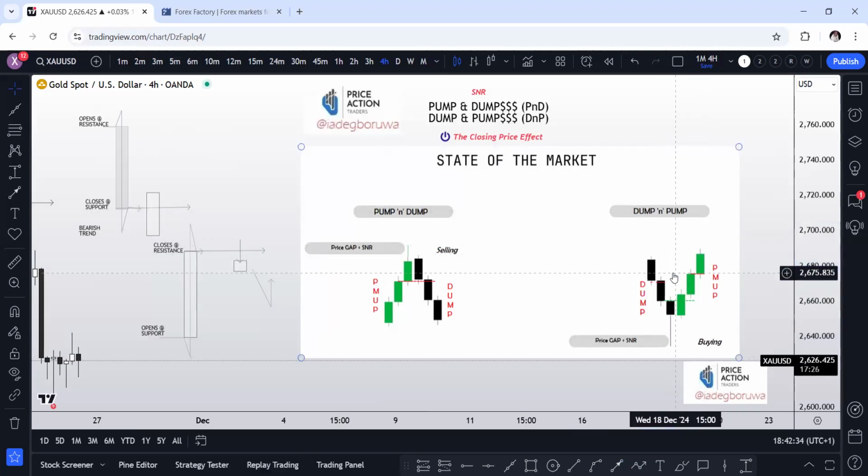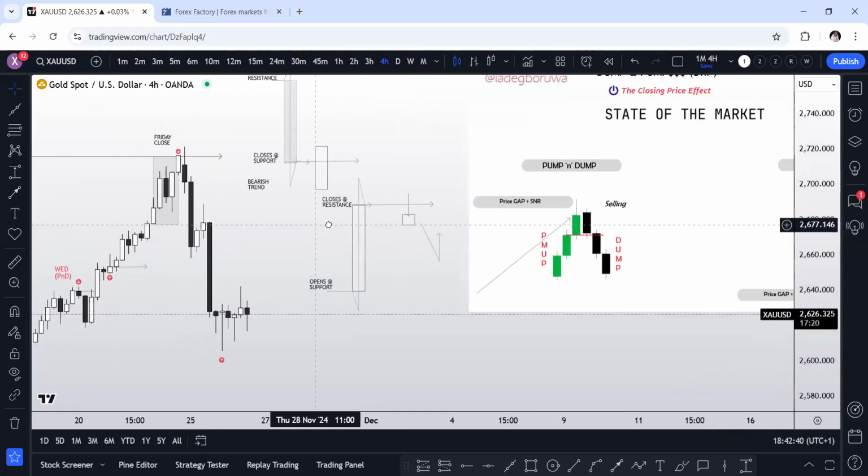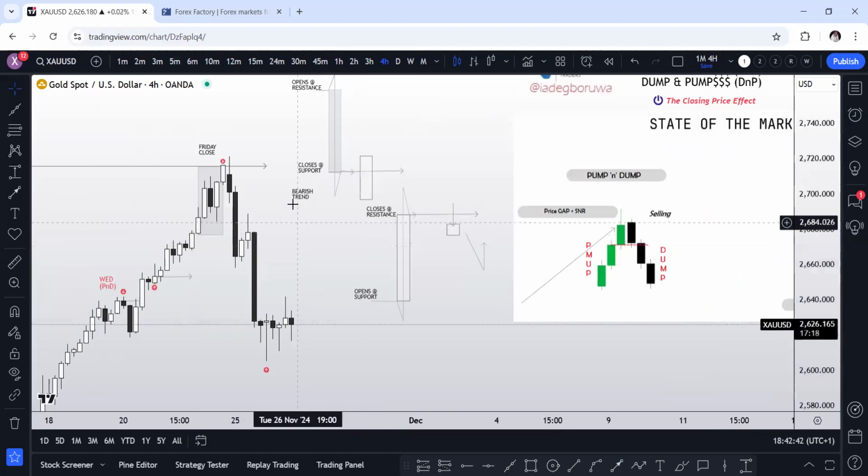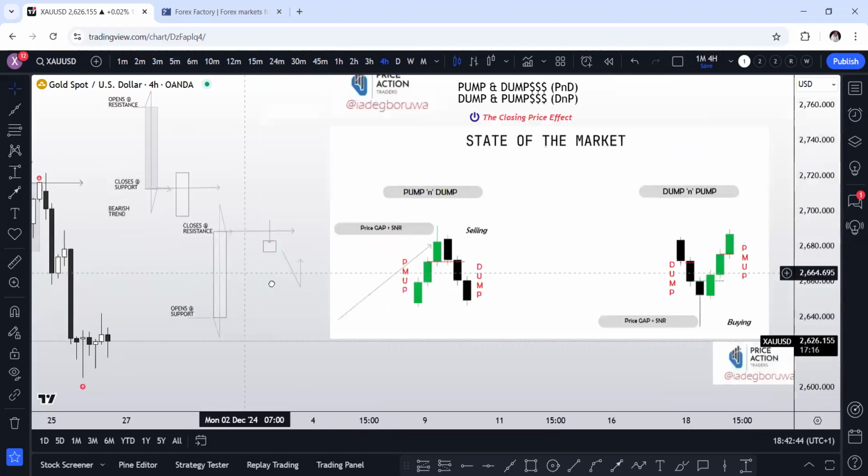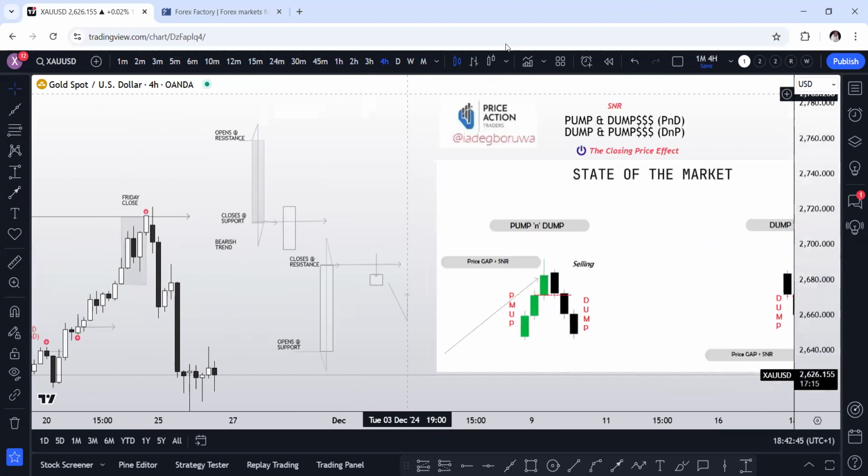In the same way we say a shift in market structure, we just try to give it another name. This is a typical example of it. Okay, let me first of all go into my